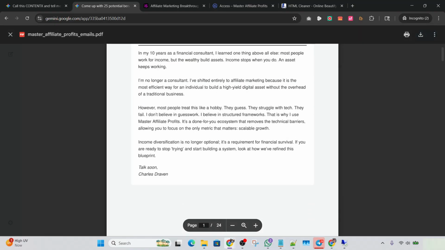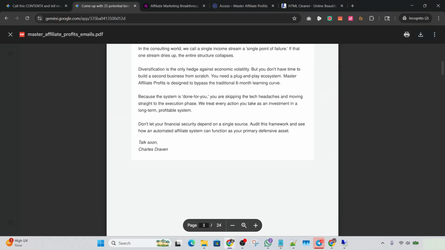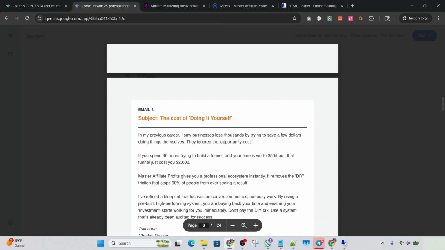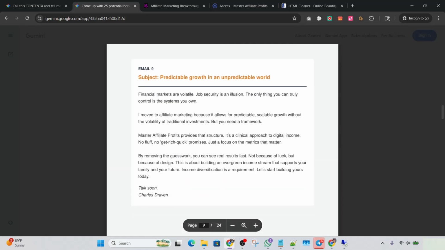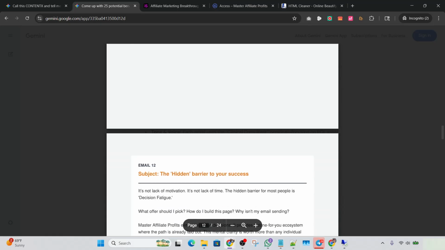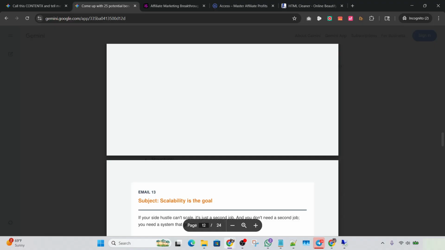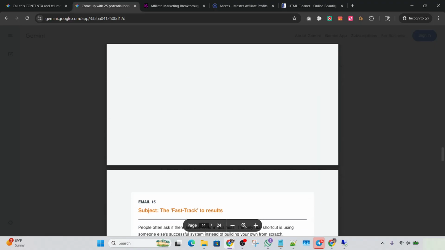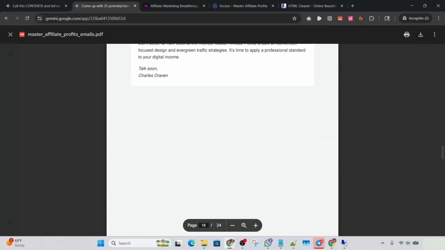Huh, this is actually pretty cool. I typically use ChatGPT, so yeah, this is actually pretty cool. And you can go ahead and copy and paste from here. Okay, yeah, that's pretty much what I wanted to show you.